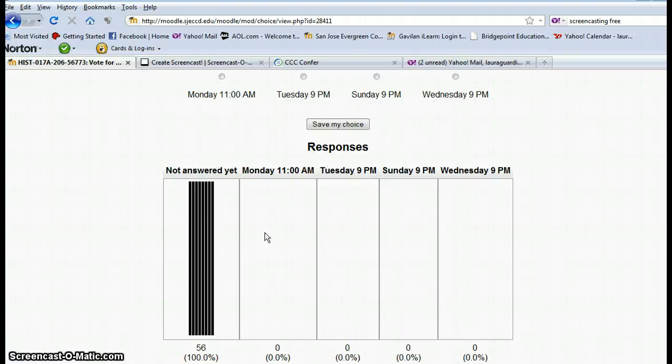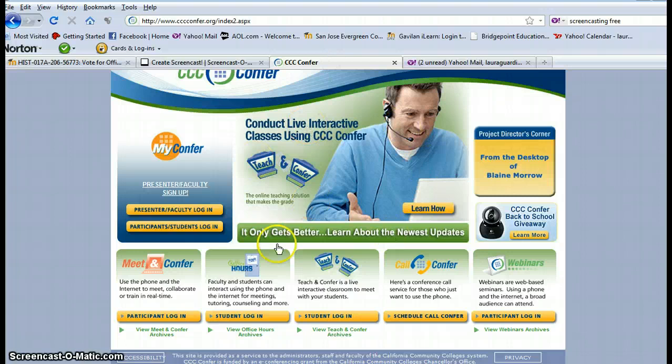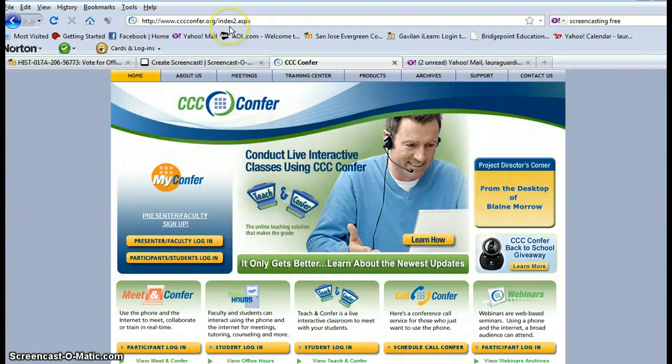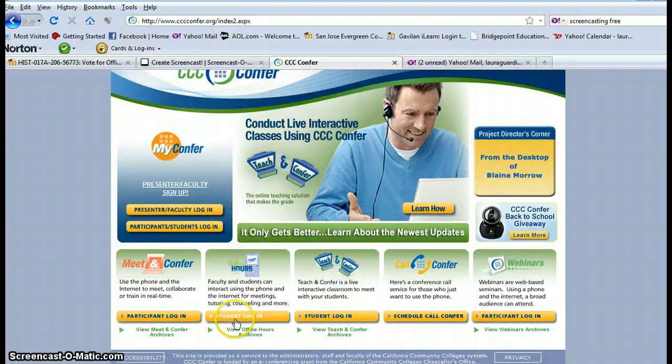However, I do this across 3 classes, so it's majority rules because I can only do one set of office hours. But the office hours are very cool. Not many students take advantage of them, but it really gives me a chance to interact with you if you're stuck in the course. I will post instructions, but what we'll use is called CCC Confer. So you'll log on to this website. You'll go to Student Login,